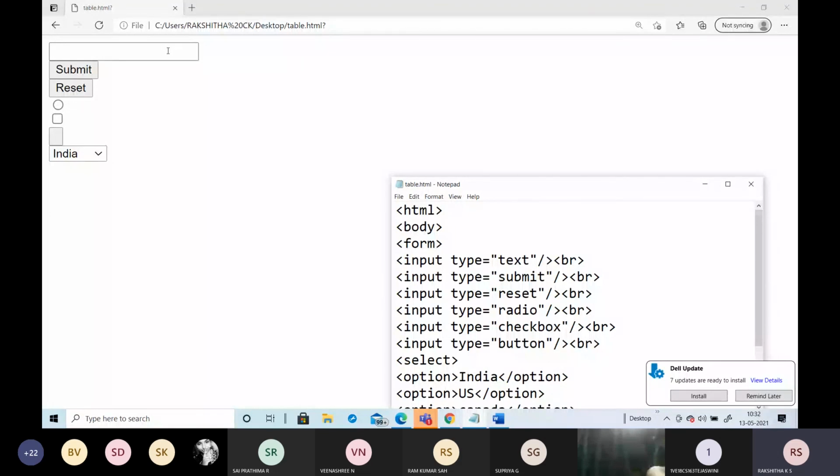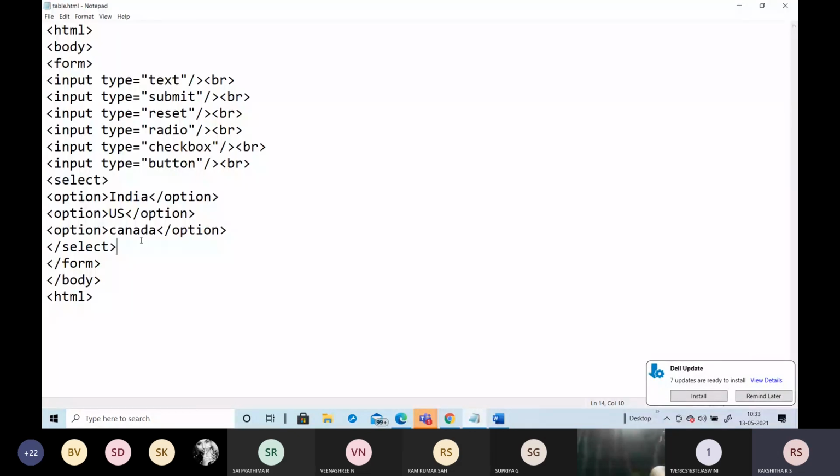To increase that area, we require one more element to add here, known as a text area.